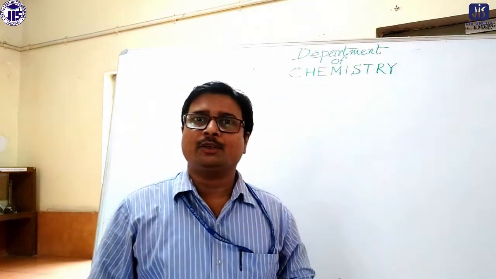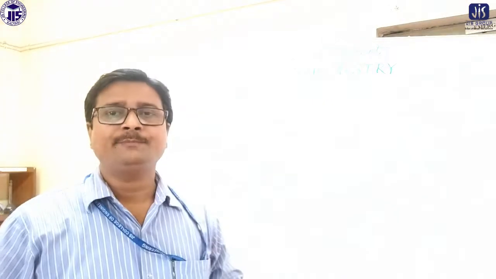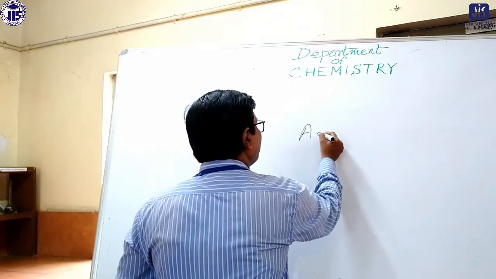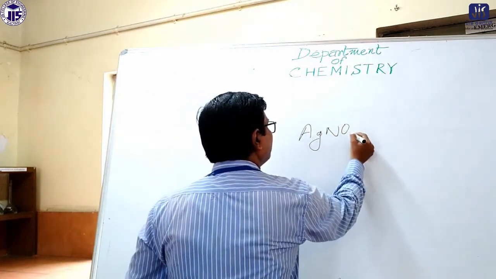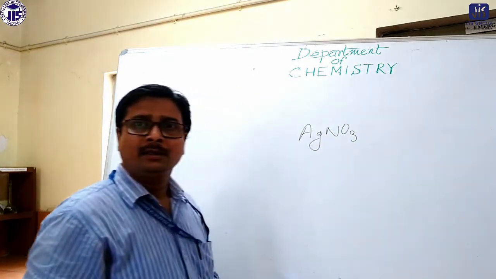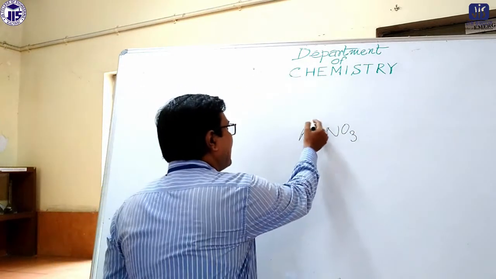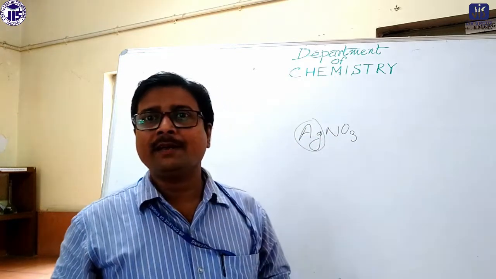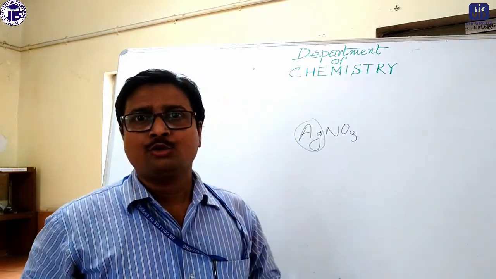Now argentometric method, why is this term called argentometric? Because in this experiment the main reagent which we are taking is silver nitrate. Okay, now remember the Latin name of silver is argenta,